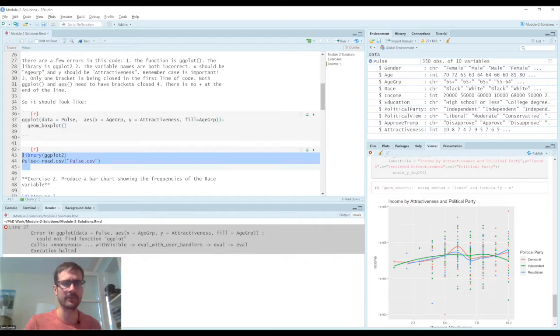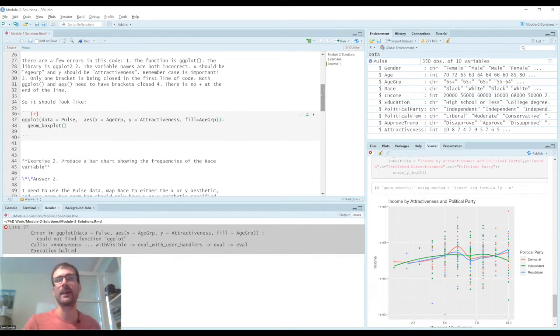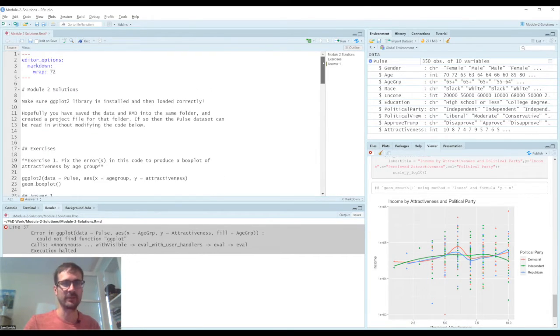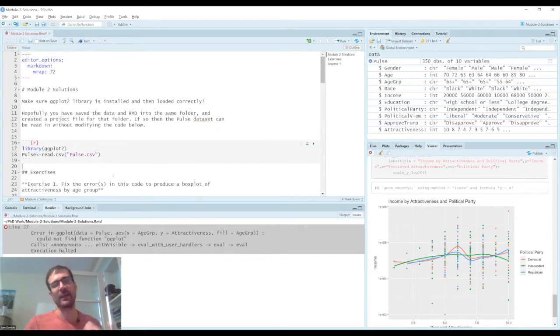So I need to make sure things are running sequentially and things are running without any errors. So we've got to have nice clean code and nice explanations around that.